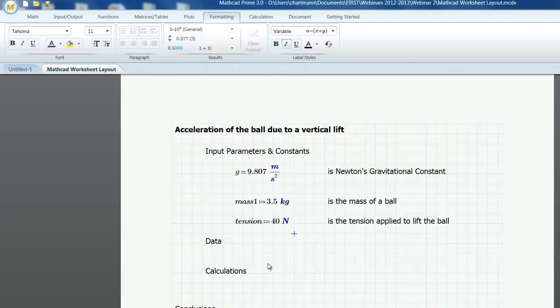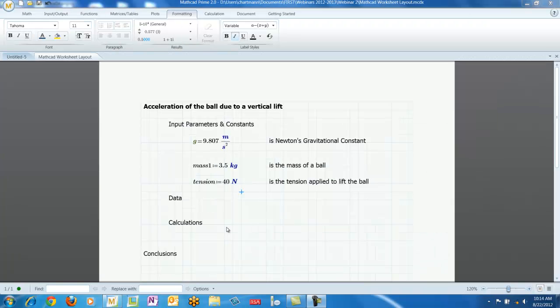I'm going to assume that the ball is being lifted by a force applied vertically, and we're going to end up calculating the acceleration. So I have my problem set up, and now I'm going to go ahead with modeling the situation where we're going to assume that the ball is being lifted by applying a vertical force directly above the ball. So we're going to have tension in the rope, and that's going to apply the force. So the relationship between the upward acceleration of the ball and the tension in the rope can be written as